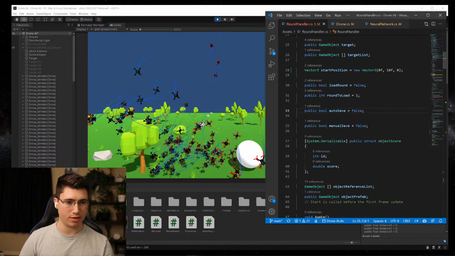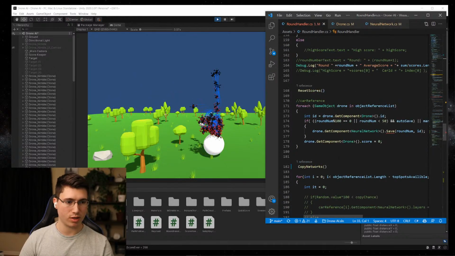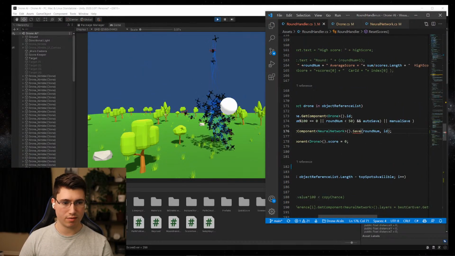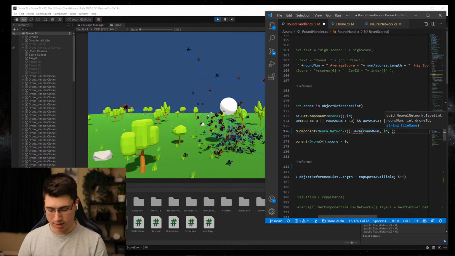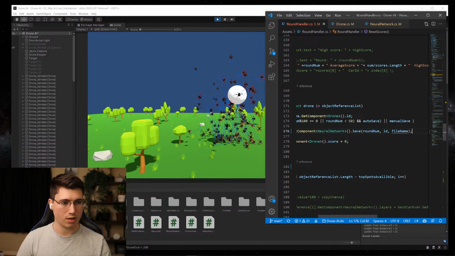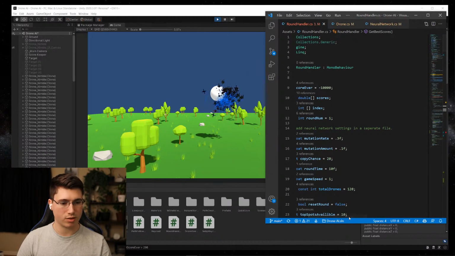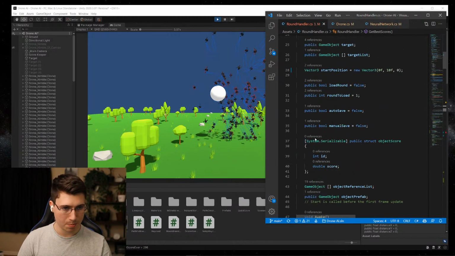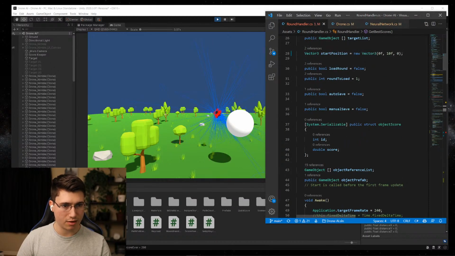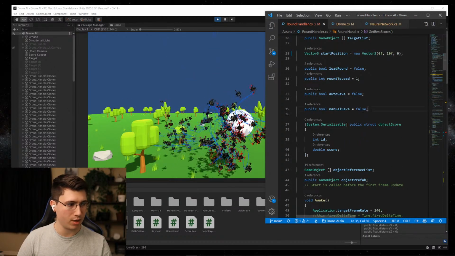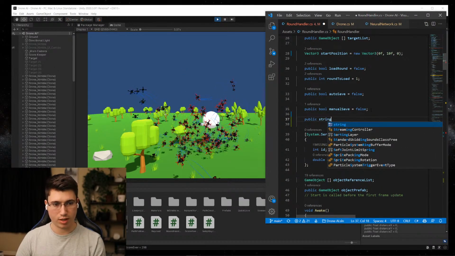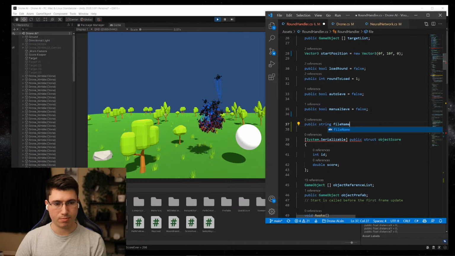Okay, so in the round handler, now it's saying there's an error because we're not calling this save script right. So we have to save it with file name, which doesn't exist in this file yet. So up at the top, we're gonna make a public string called file name. And then that is what we need to do. I would like to put it under manual save. So public string file name